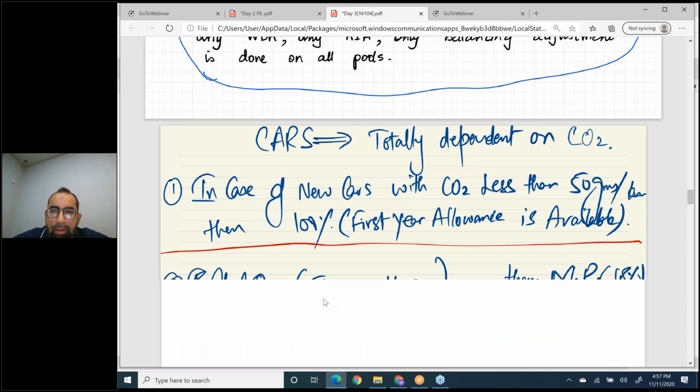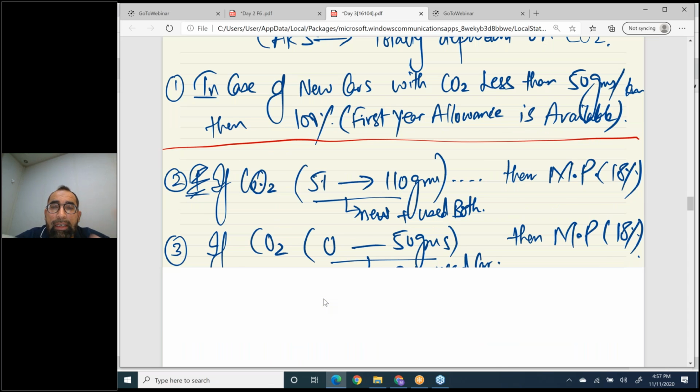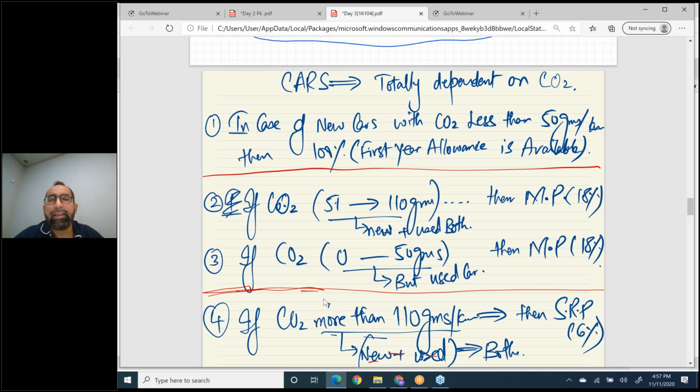Now this slide is for cars. In one line, the UK government has connected the capital allowances chapter of cars with CO2, with the environment. Cars are totally connected with CO2. Now, first line: in the case of new cars, open your eyes, I have written the words new cars, with CO2 less than